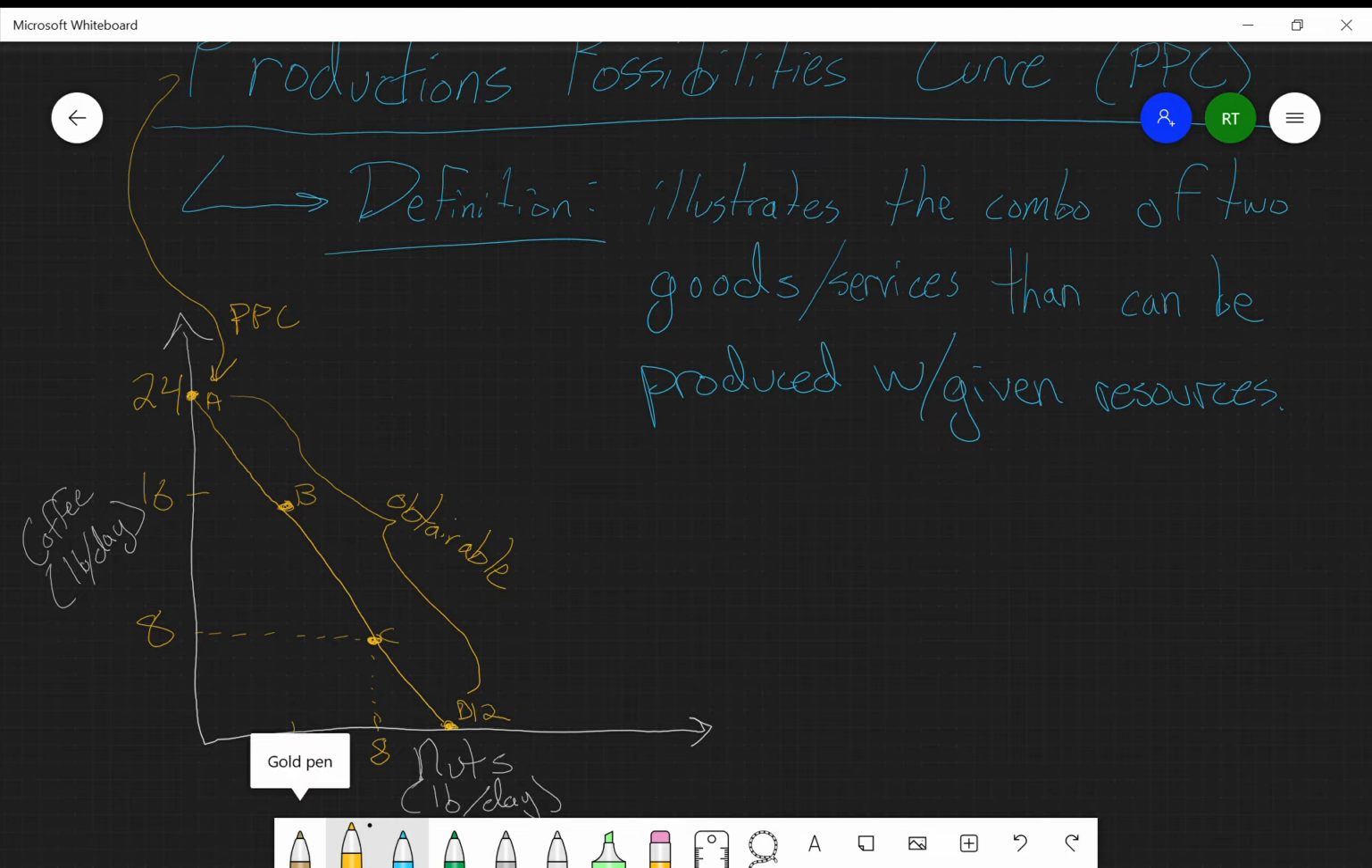When we go outside of the curve and try to do something like 8 pounds of nuts and 24 pounds of coffee, we end up with this point E, which is